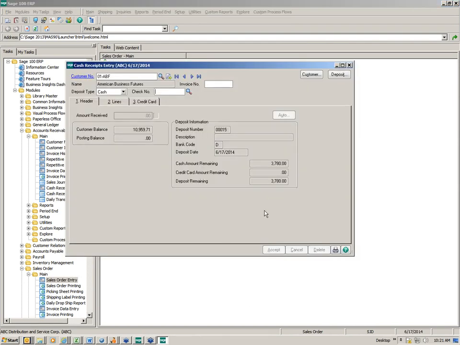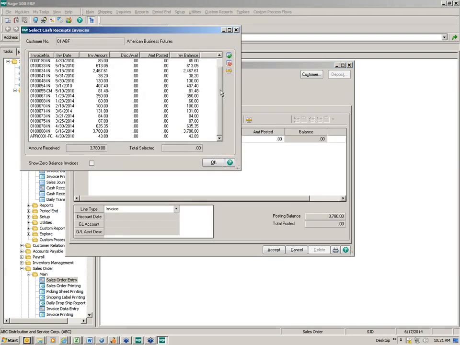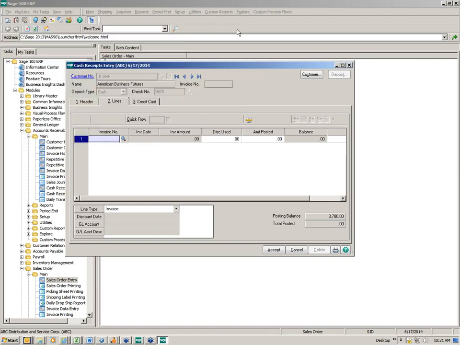So we're going to go ahead and pull our cash receipt back up. There's my check number, and I received in $3,780. There's no invoice. It's a sales order. Oh, ignore that. That's what I was playing with. But there's no invoice. It's a sales order, okay? So what we're going to do is come here to my GL account number, and where am I taking it to? 201-0000. Notice I do not have to put my dashes in, and it comes up with my customer deposit account number. Okay? So we're going to accept that,